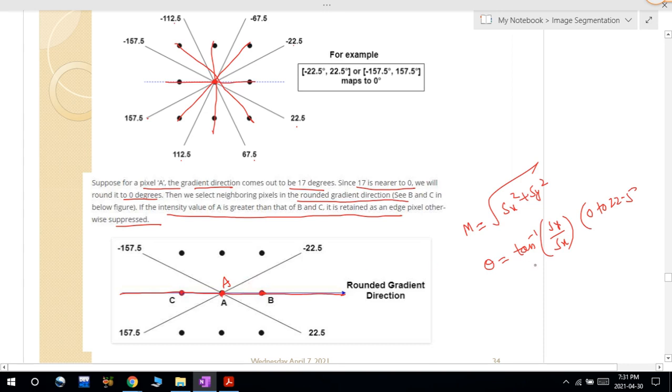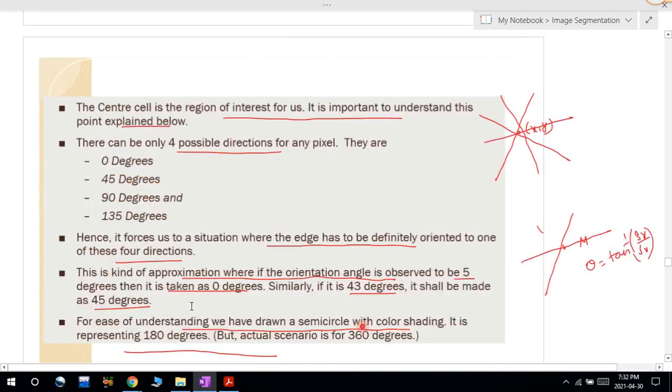For this, first, after finding the gradient magnitude and the direction by using this operator, I will map that direction to these four directions: whether the direction is 0 or 90 degrees, or it may be 45 degrees or 135 degrees. That can be based on this theta value. Once I find out that degree, I will consider the two neighboring pixels.